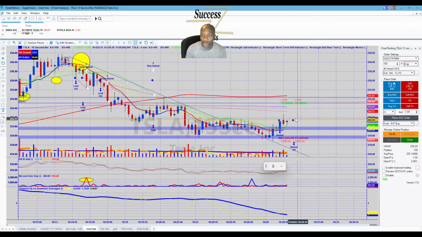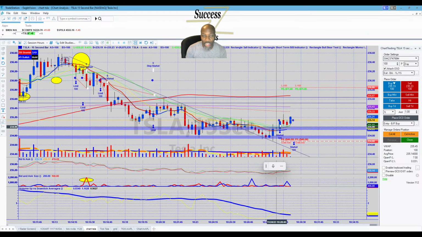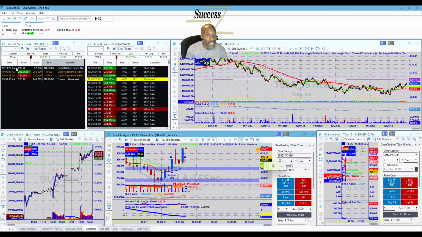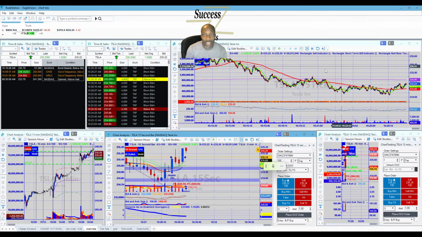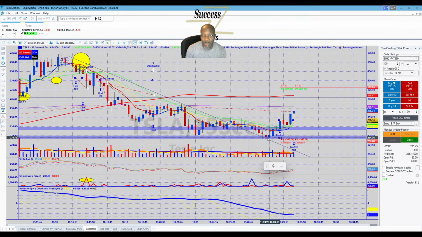Keeps trying to capture the horizontal line. There we go. Alright, so I don't even know what I've got here. The only reason why I bought is because, like I said, it's showing some aggression. One, it's showing aggression. Two, it broke that descending trend line. Three, we got high ask here. Let's see if we got a high order size. Did not get high order size, so we don't necessarily believe it yet, but we could be breaking